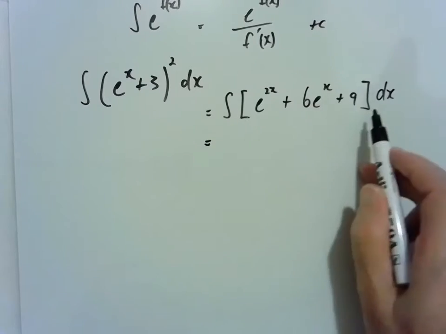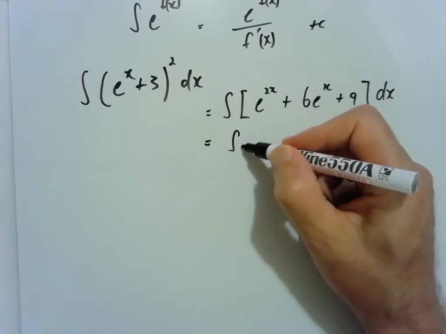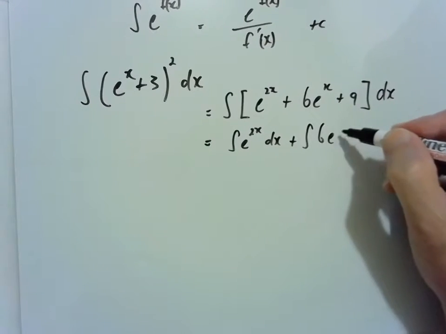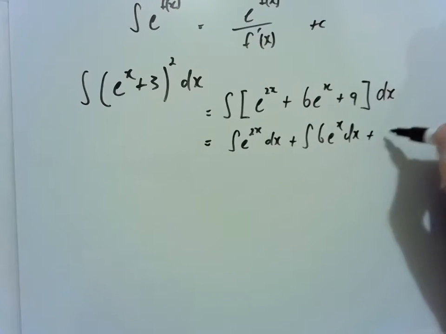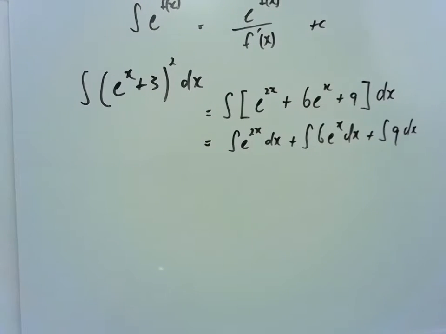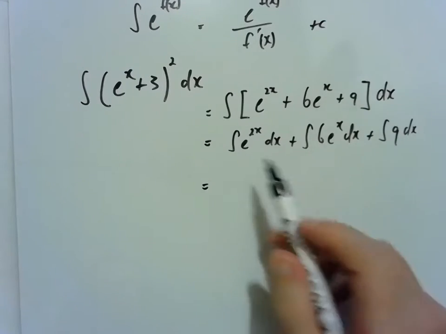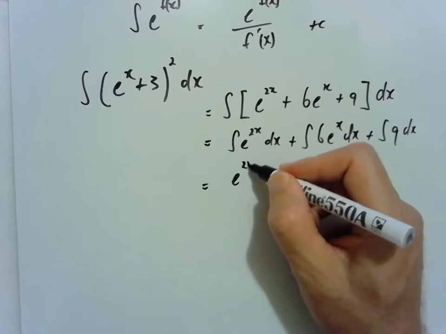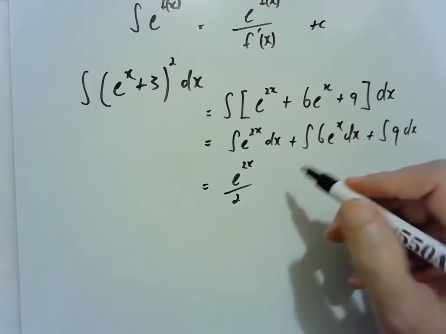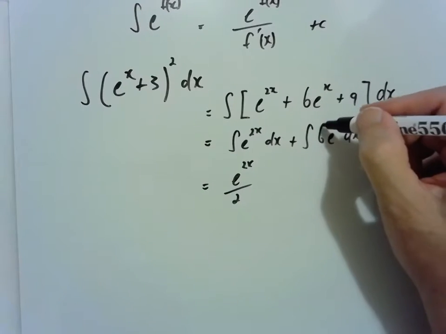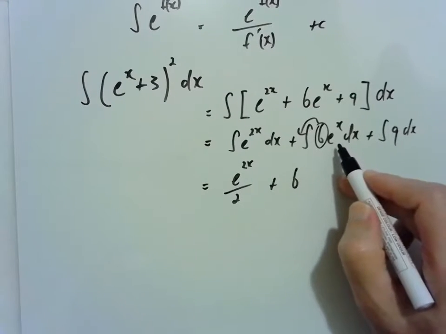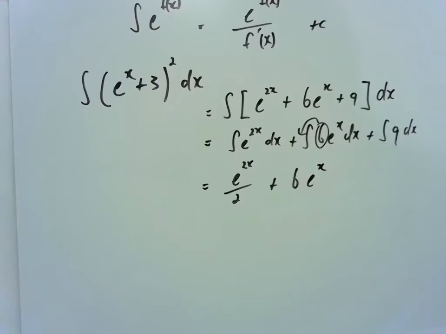By the linear property of integration, we can integrate them all separately. Now the integral of e to the 2x is just going to be e to the 2x on 2. That 6 can just come out the front, so it's going to be 6, and the integral of e to the x is just e to the x. And the integral of 9 is